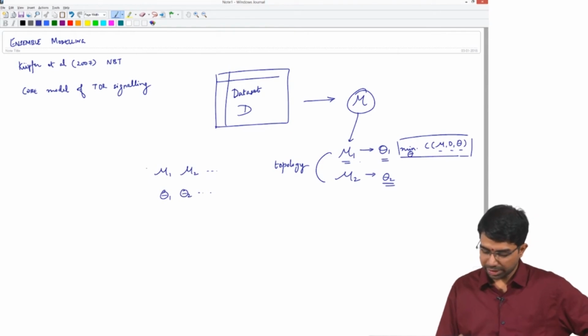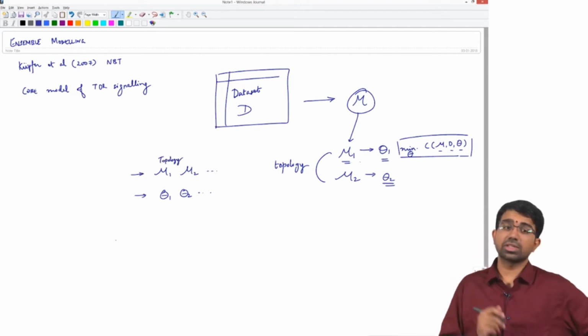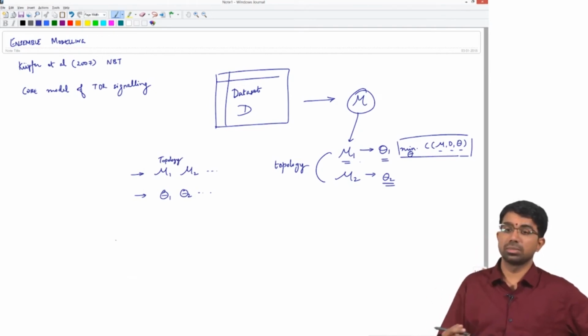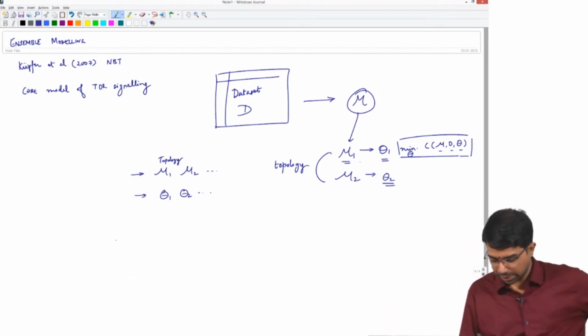So, you can explore, or instead of model let us even call it topology, how sensitive is the fit to data based on changes in topology. What happens,